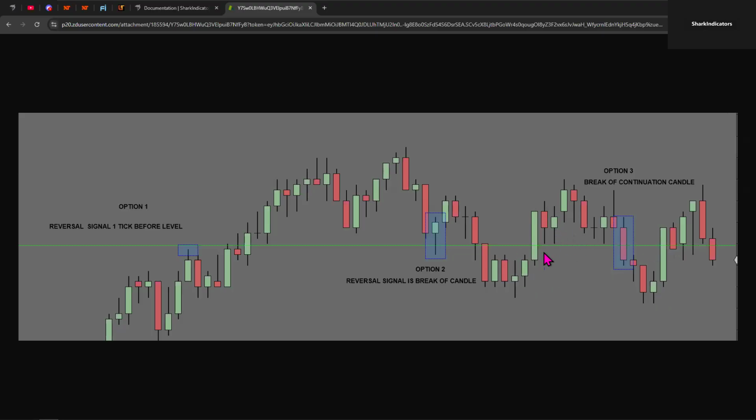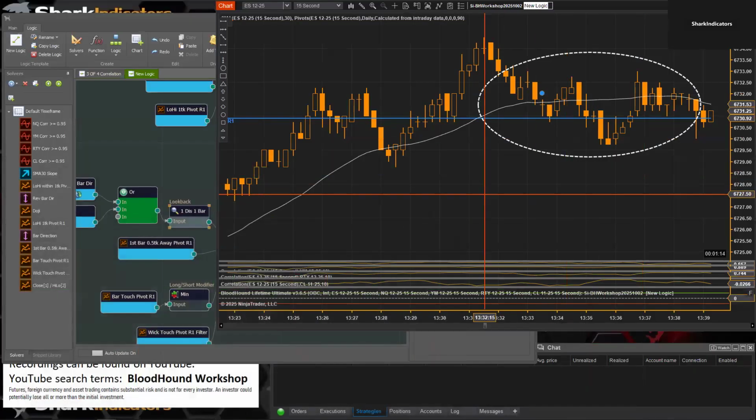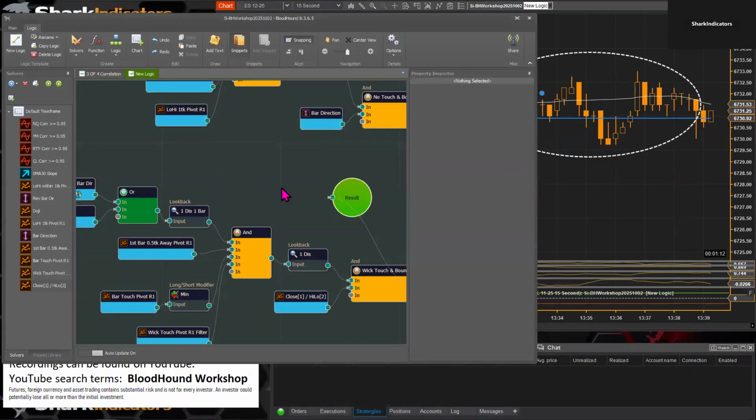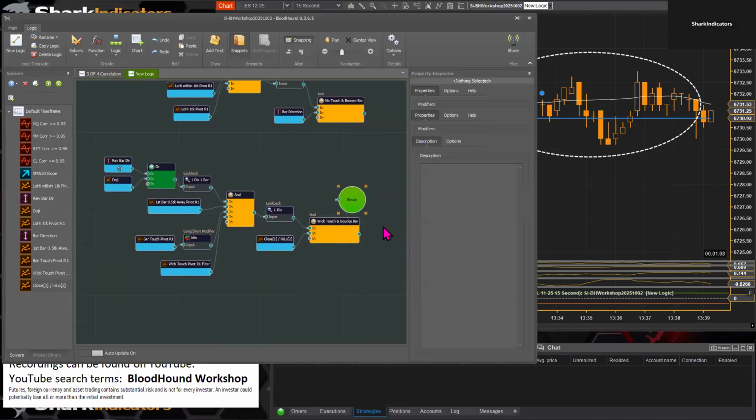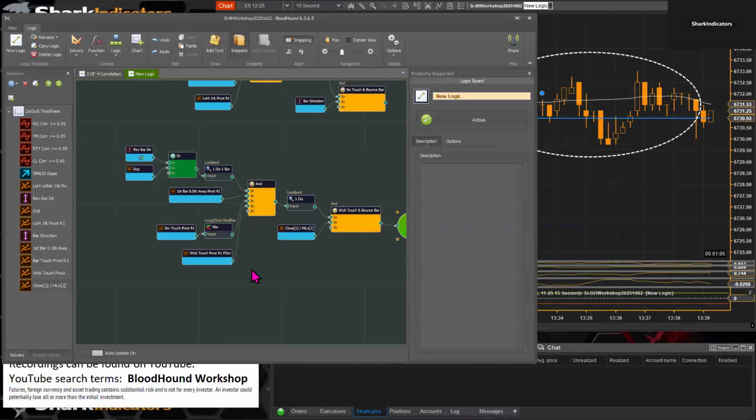I guess if we had an up bar, up bar, up bar, if this third one was an up bar, then yeah, this would have been a long. So, all right, that's our last pattern there. And that one should be really, really simple here. So let's build kind of like our first bar